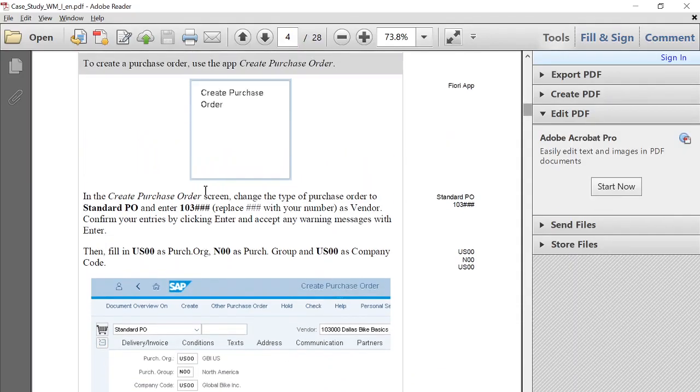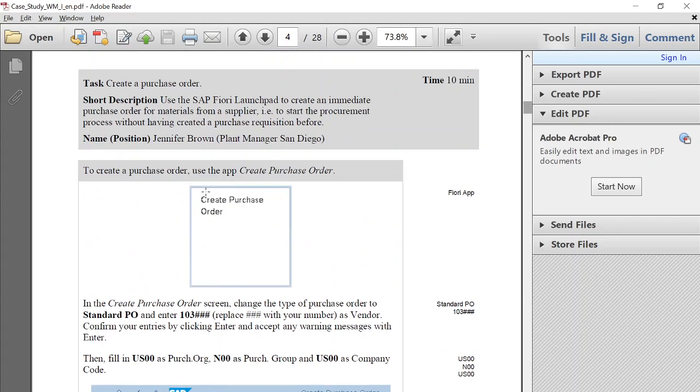So you have implemented a new warehouse management system in your company, and now you need to create a purchase order. In order to select the vendor, your vendor code must be 103 and the last digits should be your SAP user ID digits that I have already provided you with.